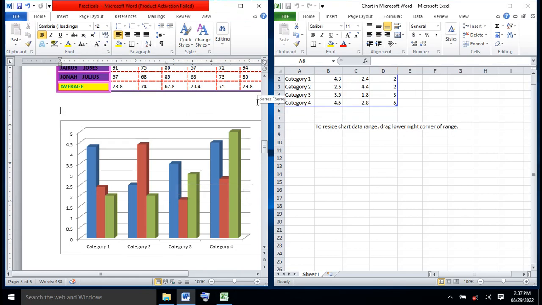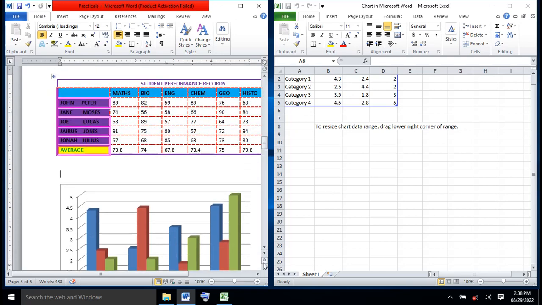But what you notice with this chart is this. In this chart, you have category 1, category 2, category 3, category 4. And these are the categories you are seeing here. Category 1, 2, 3, 4. And then you have all these 5, 4.5, 4. It's relying on the information that is here. All right. But we want this chart to represent